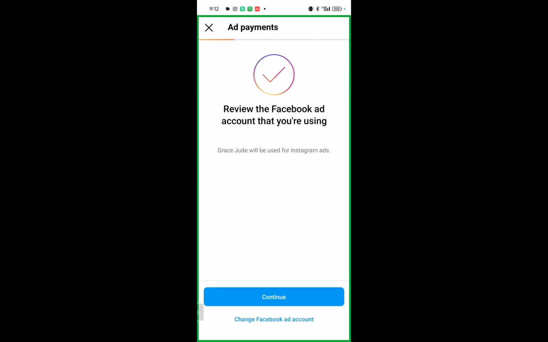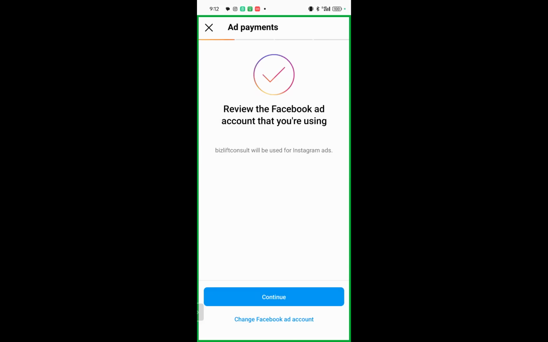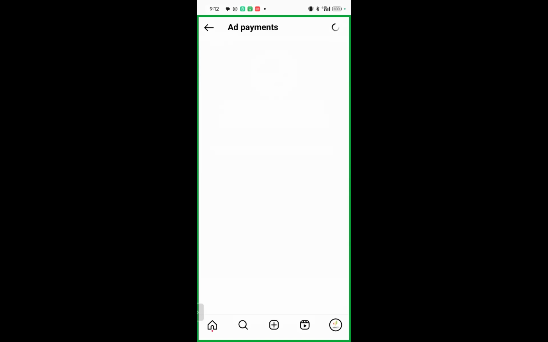Now, we don't want to use Grace Jude. We already have an ad account we've created. So we'll click on change Facebook ad account. You will see Grace Jude there. You will see Business Consult. Can you see the prepaid that we just created? So click it and click done. That's what we want to use. So we click continue. So by default, we can run advert with this Business Consult account that we just created